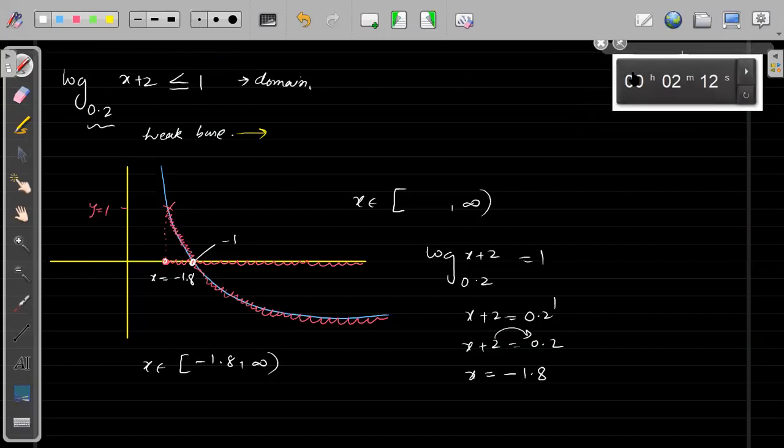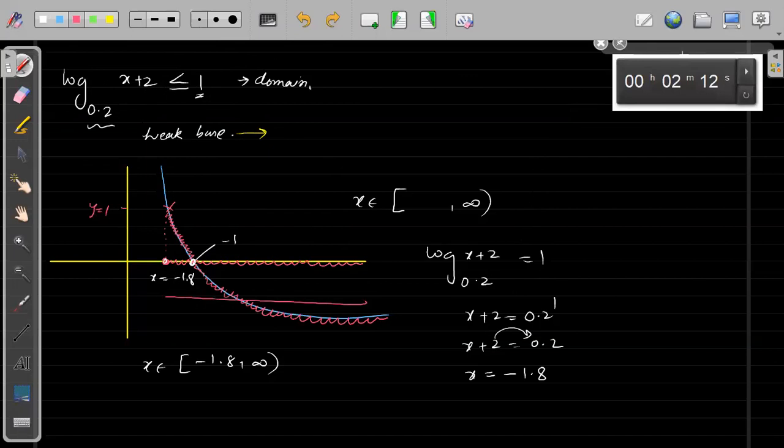Okay. So what they are saying is that we know the graph is something like this. They are saying that this whole y value should be less than or equal to 1. That means the graph will be taking only this part, from here till here. Here till here it will be less than 1.